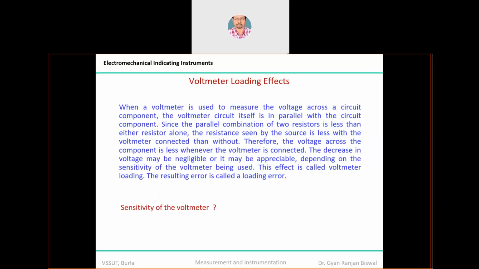Right? So whenever you are going to use a voltmeter across any particular circuit or component, whenever you use PMMC as a voltmeter, that PMMC is itself introducing a certain resistance, what we call Rm. Now this Rm will be in parallel to the circuit resistance or the component resistance or the device resistance. So once the two resistances are in parallel, what will happen? It's a very common thing. You know that the overall equivalent resistance will decrease.